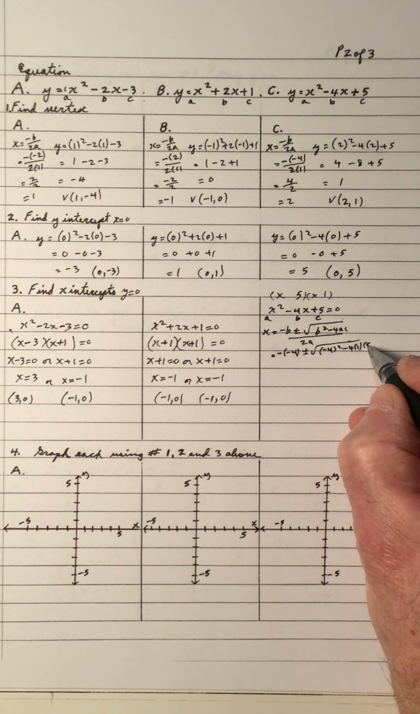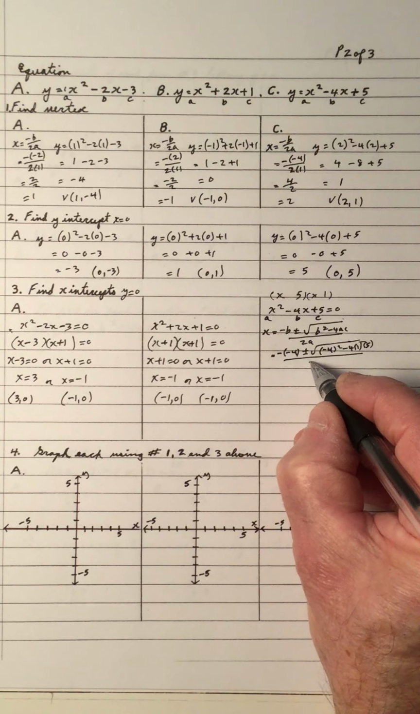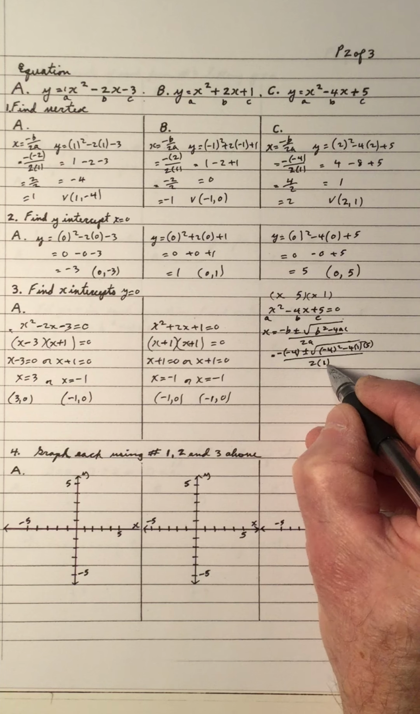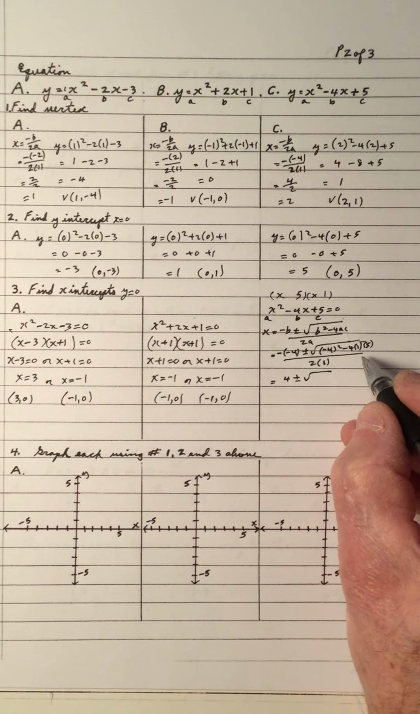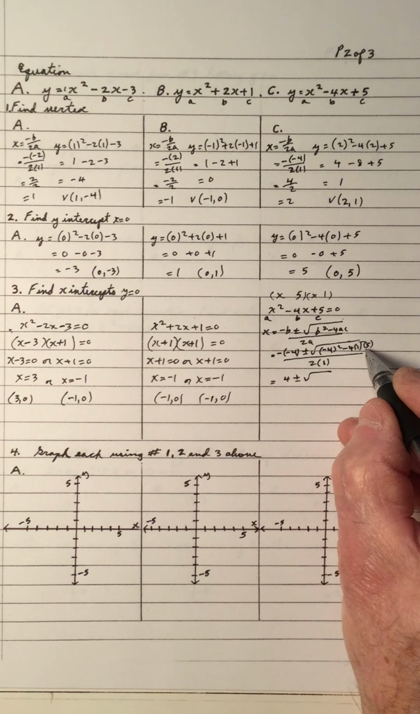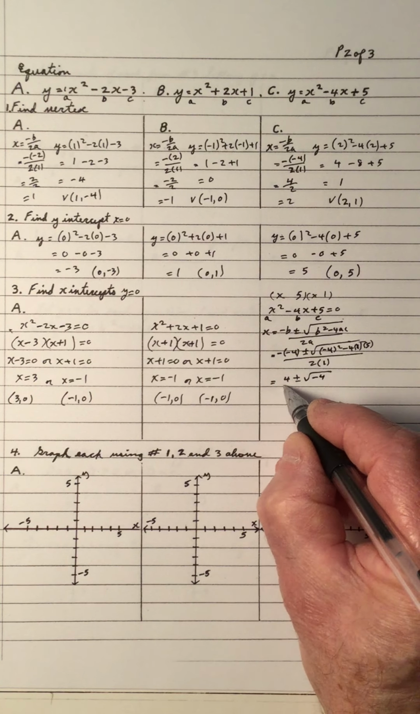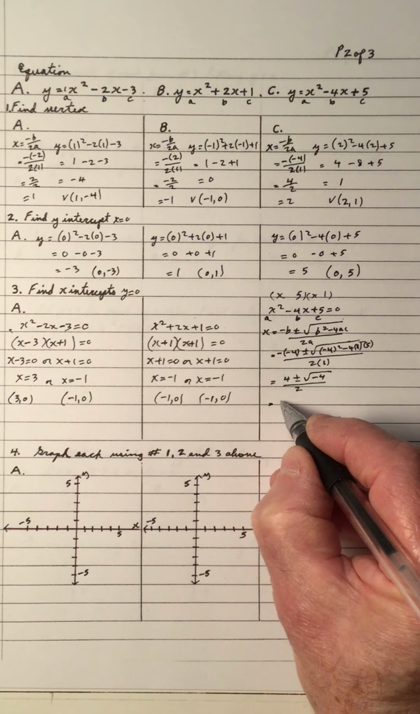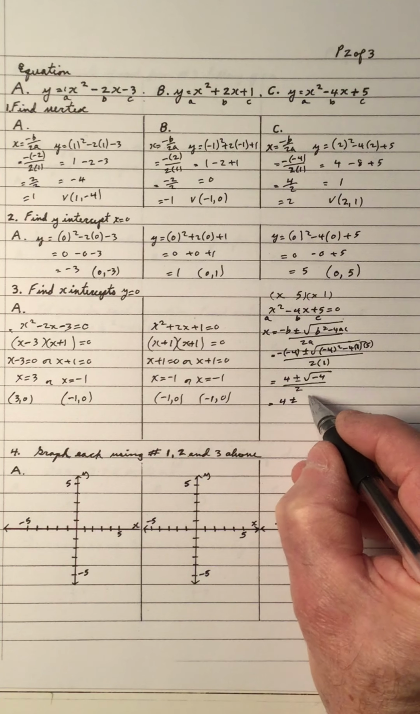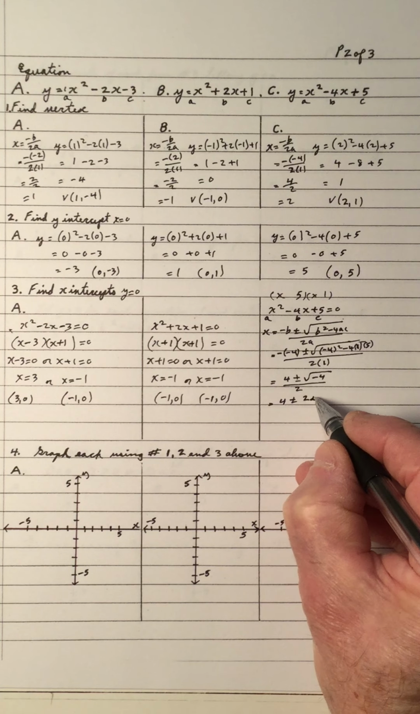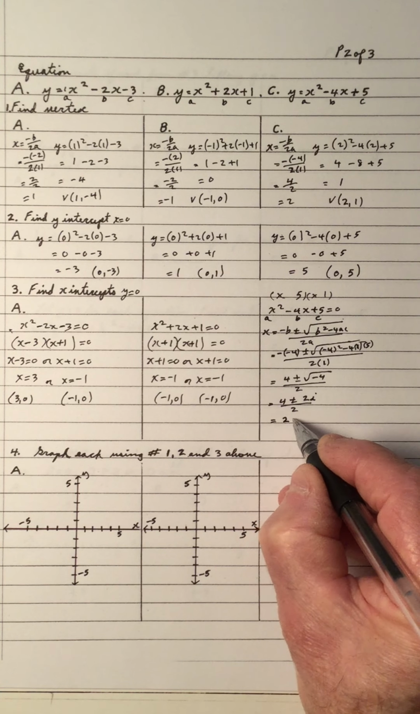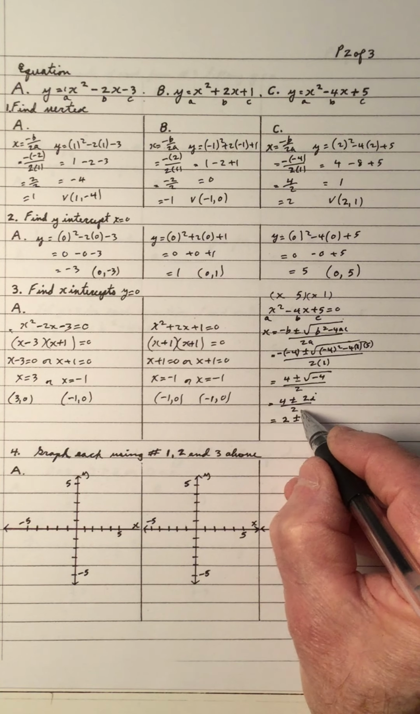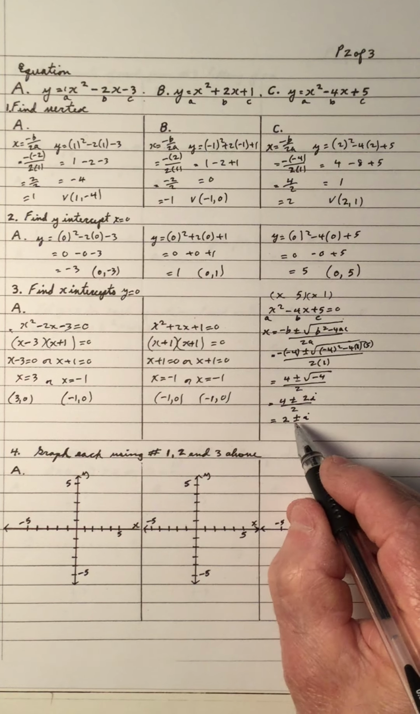And C is 5, all over 2 times A, which is 1. That's 4 plus or minus, and notice we got 16. If you work that out, that's 16 minus 20, that's negative 4, all over 2. And that's 4 plus or minus the square root of negative 4. Square root of 4 is 2, square root of a negative number is an i, over 2. Divide by 2: 4 divided by 2 is 2, plus or minus 2i divided by 2 is i. So we get